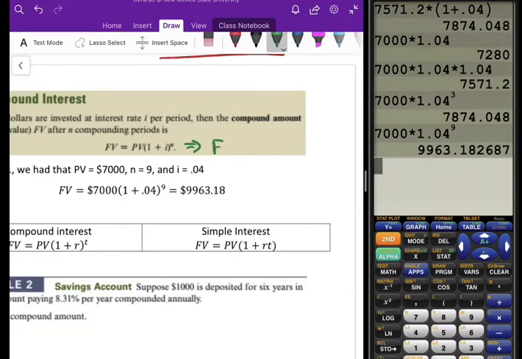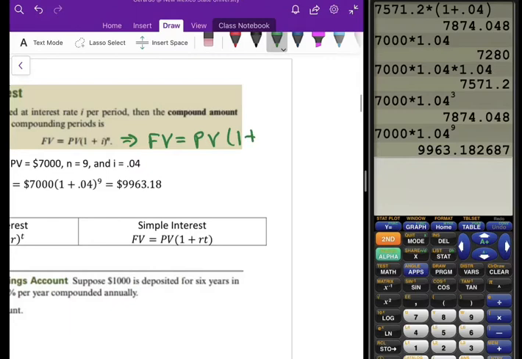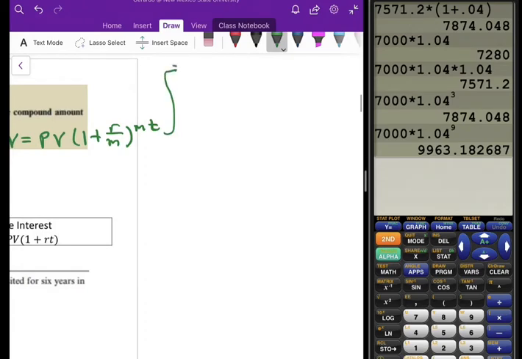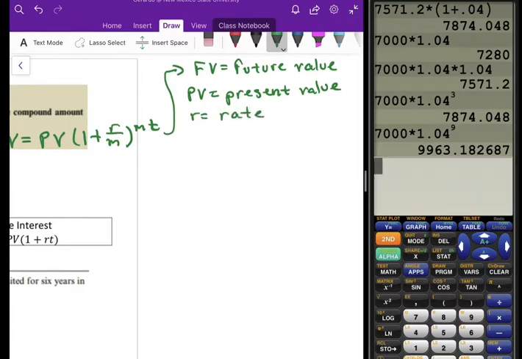So this is how we're going to be using this formula. Future value equals present value times 1 plus rate over m to the mt. So we know what future value is. Future value has not changed. PV, we know it's present value, again, something that has not changed. R is rate. T is time in years. Again, none of those has changed. The only thing new is m,